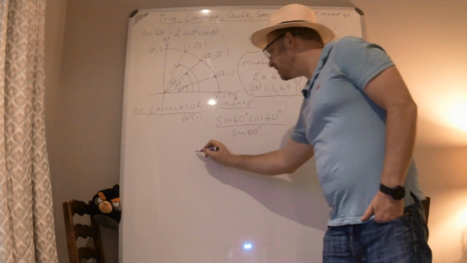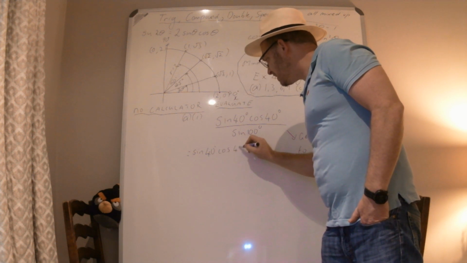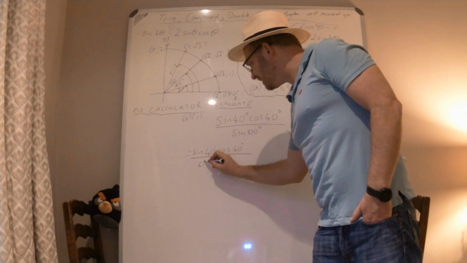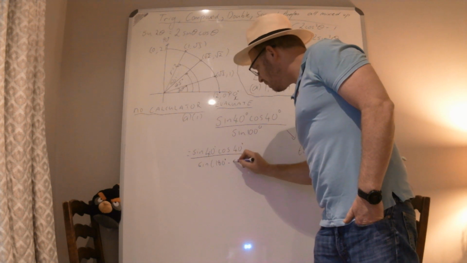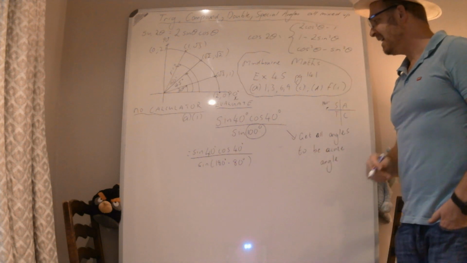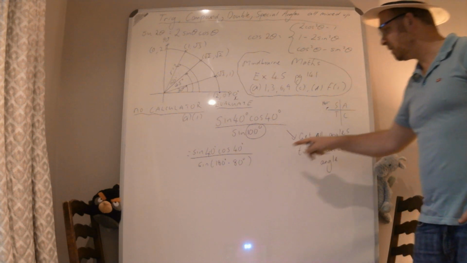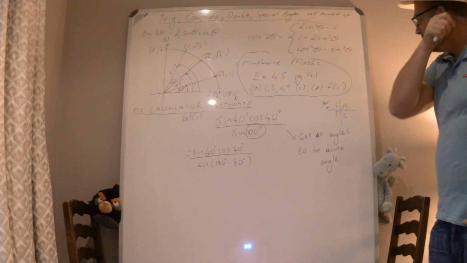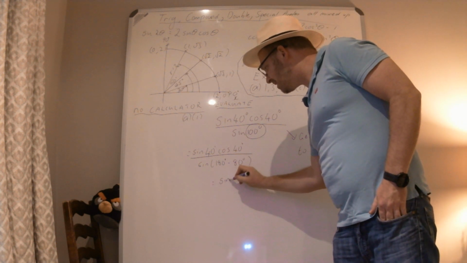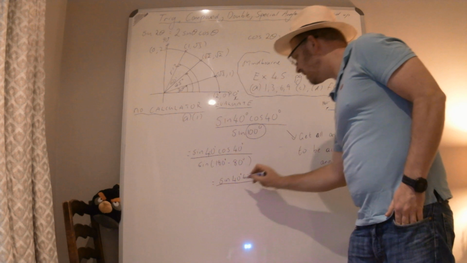Okay. So we're just going to leave that as sine 40 cos 40, okay, sine 100 becomes sine 180 minus 80 degrees. All I've done is rewritten 100 as 180 minus 80. And Saka, what quadrant are you in? Good, you're in quadrant 2. What happens there? Sine stays positive. So this is going to be sine 40 cos 40 all over